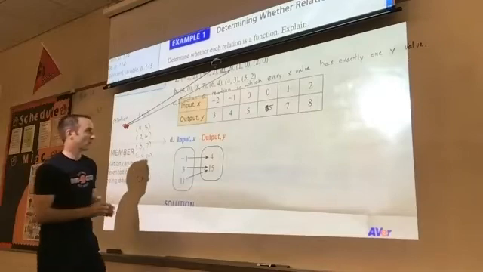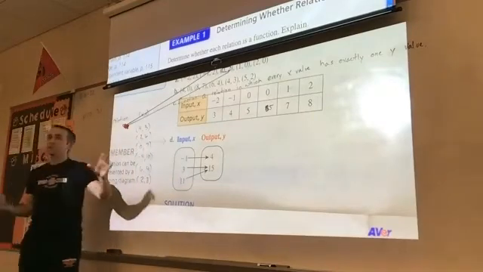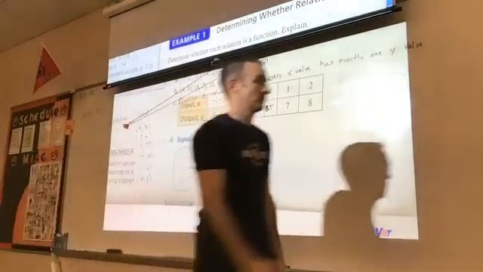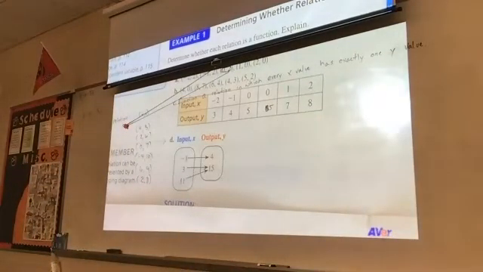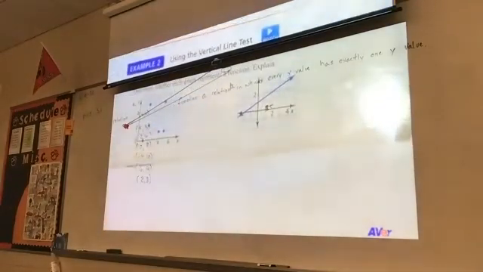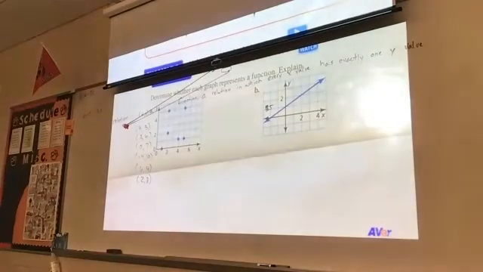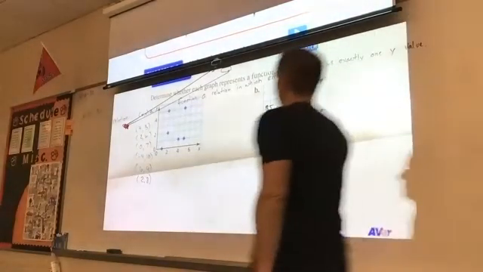Okay. Good. Questions on what a function is? Tell the person next to you, what is a function? It is a relation in which each x value happens, and you can't have the same x go to a different